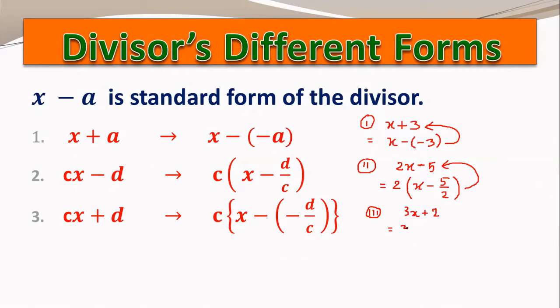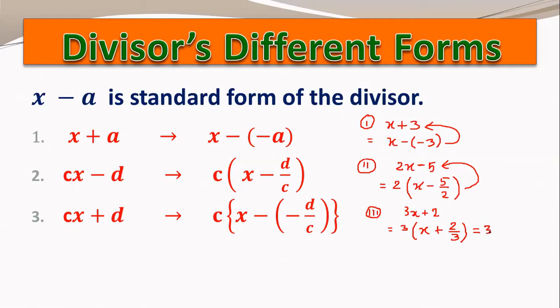So for that, as we did in the second example, we'll take out 3 common. So when we take out 3 common, inside the bracket there will be x plus 2 by 3. So our first task has finished. Now the second thing that we have to do here is there should be a minus sign in between x and 2 by 3. So for that, as we did in our first form, example 1, we'll do the same